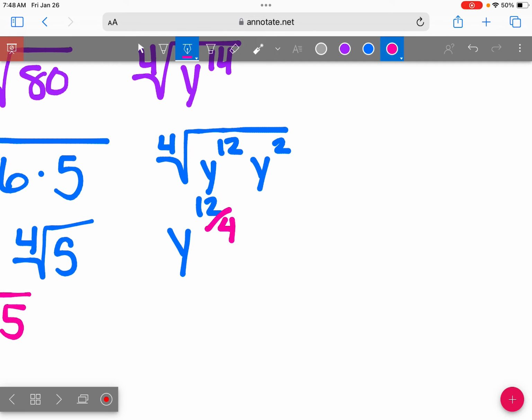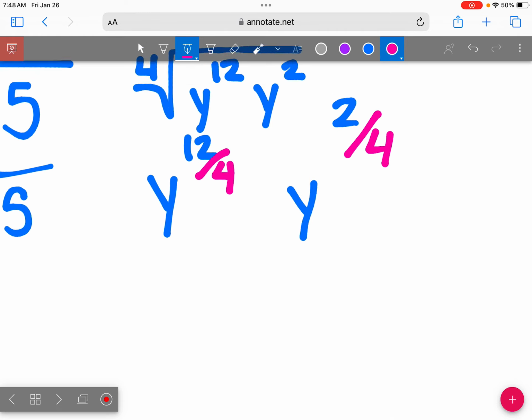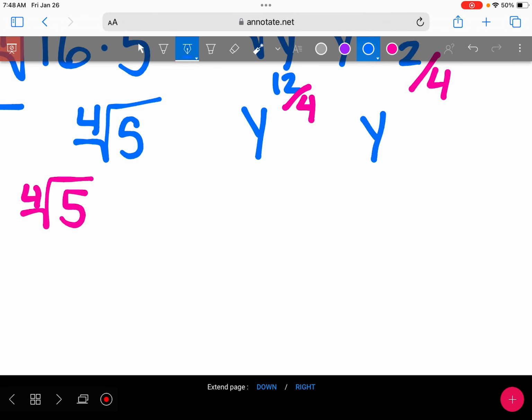We can divide our power by our index. And I'm actually going to write the other one like that as well, so we can see what we mean by simplifying. 2 over 4. 12 over 4, when we simplify that, what happens? We get y to the